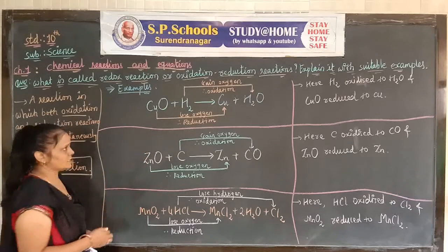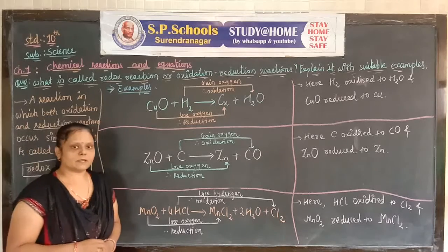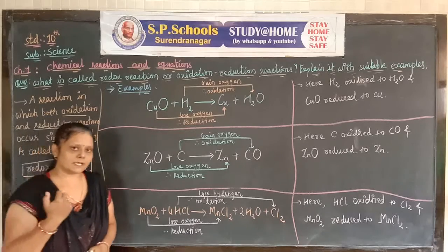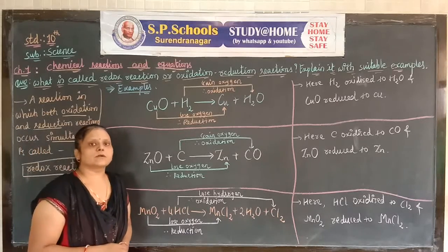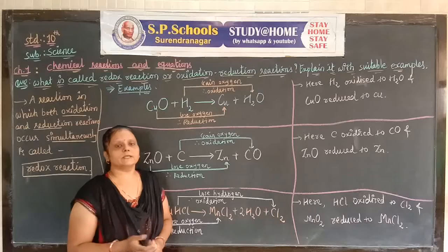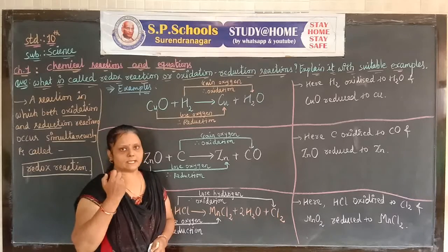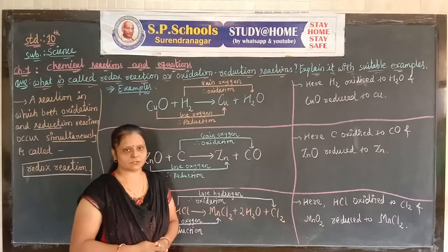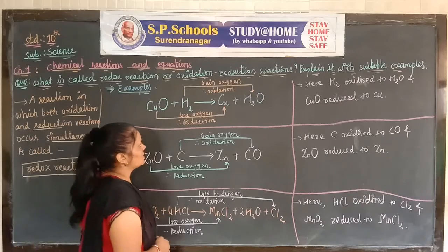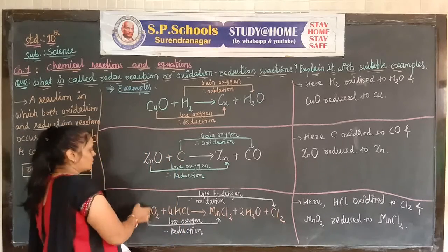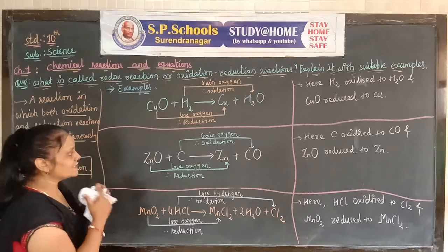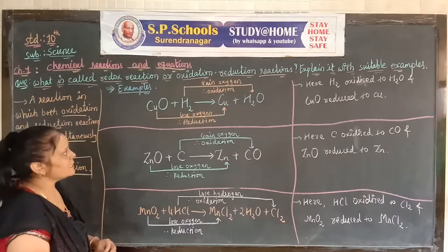Examples of redox reactions: as we know, in an oxidation reaction, reactants either gain oxygen or lose hydrogen. It is called an oxidation reaction. And in a reduction reaction, reactants either gain hydrogen or lose oxygen. It is called a reduction reaction. In a redox reaction, both can occur. We take 3 examples to study redox reactions.